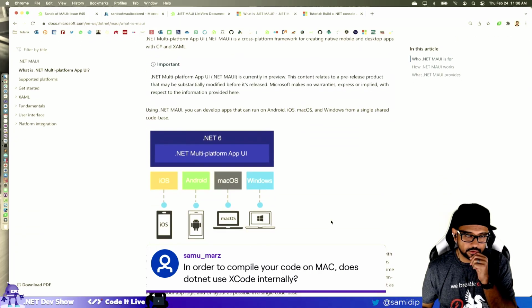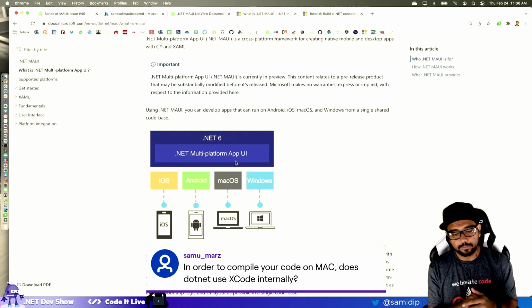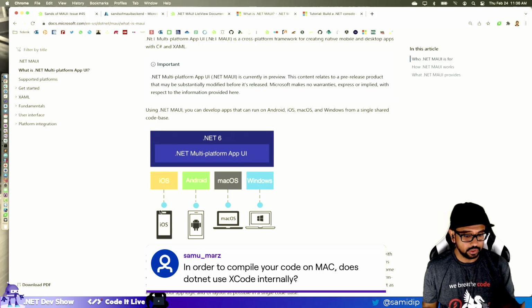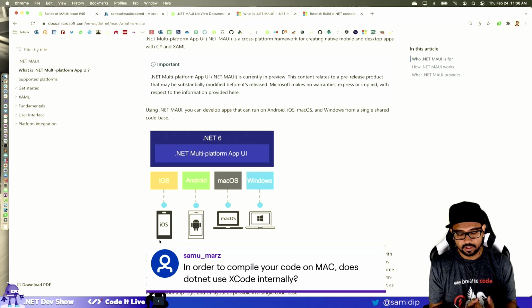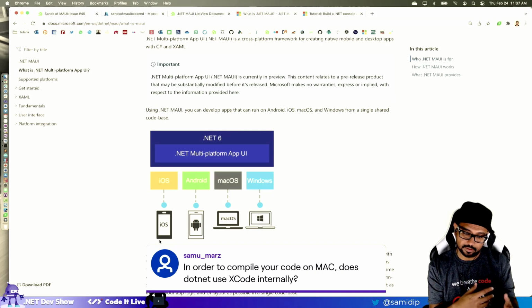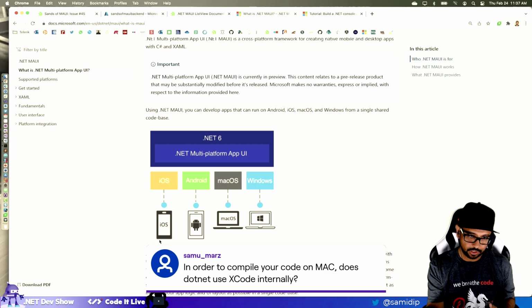Okay. So here's what we're doing. We are writing stuff up here, right? So when it compiles, it's a multi-targeted project, so it is going to compile for each one that you're requesting it for. When you're doing iOS, it literally is bundling up your C# and compiling it down into IL, and then it goes out and talks to Xcode and compiles it down into ARM binaries, or for Android it does whatever is needed for Android.